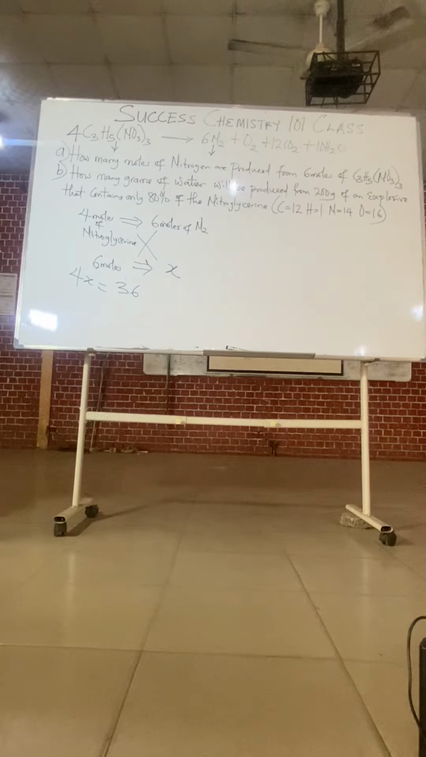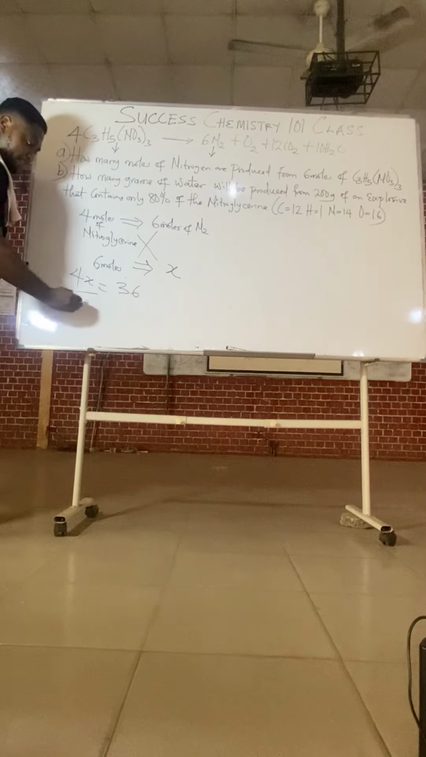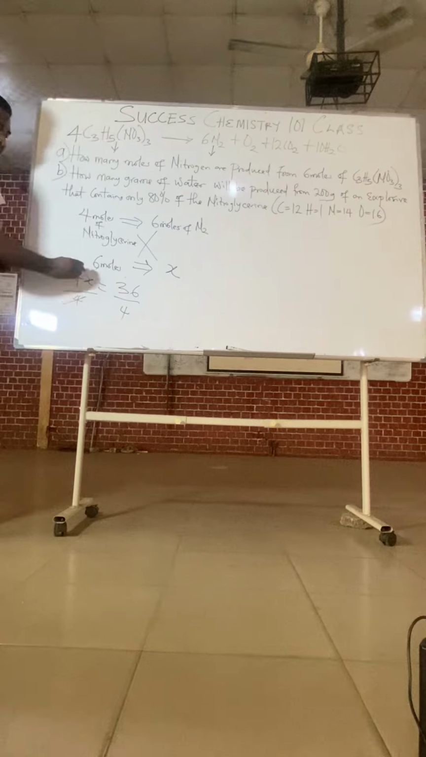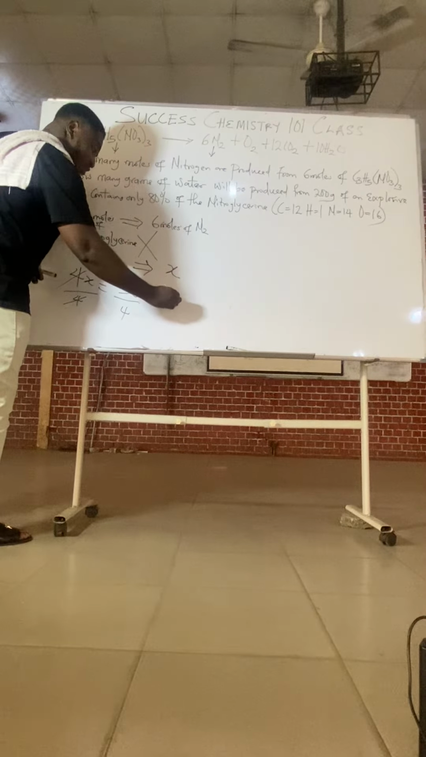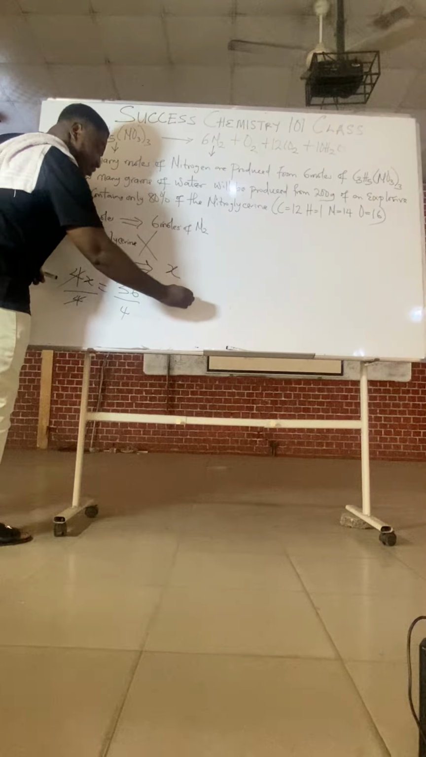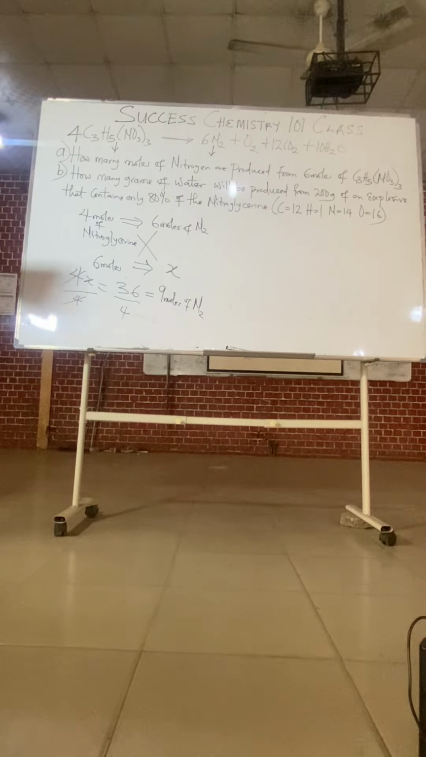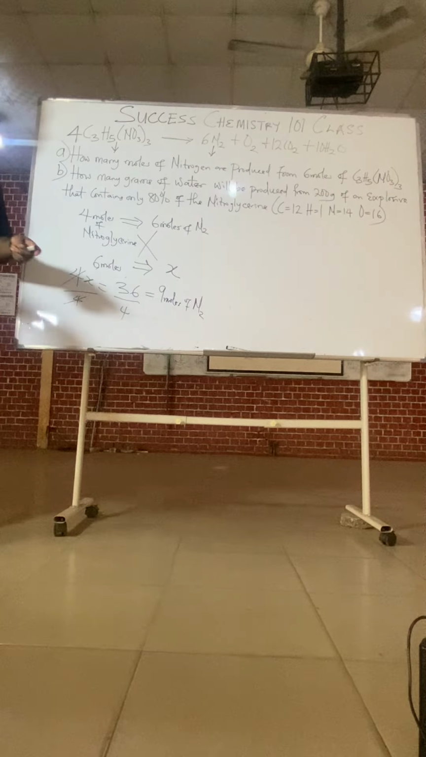4X equals 36. Can we divide both sides by 4? 36 divided by 4 is 9 moles of nitrogen. So the answer to the first part of the question is 9 moles of nitrogen. It is 9 moles of nitrogen that will be formed from 6 moles of